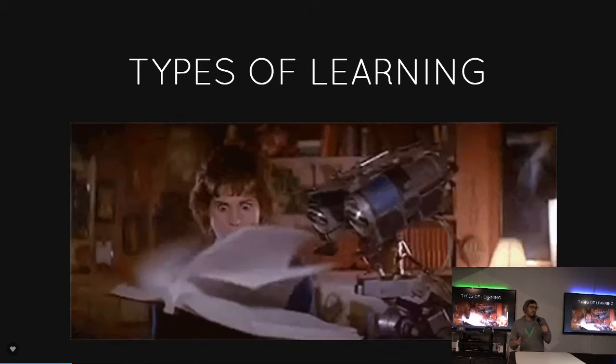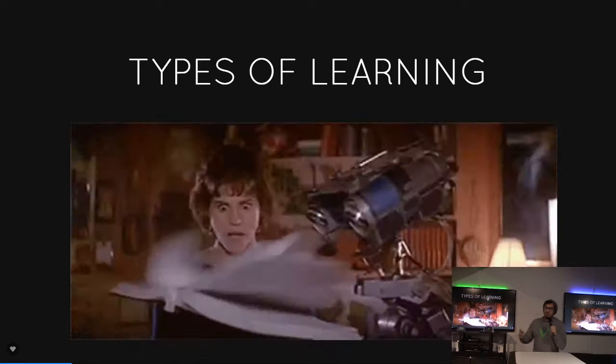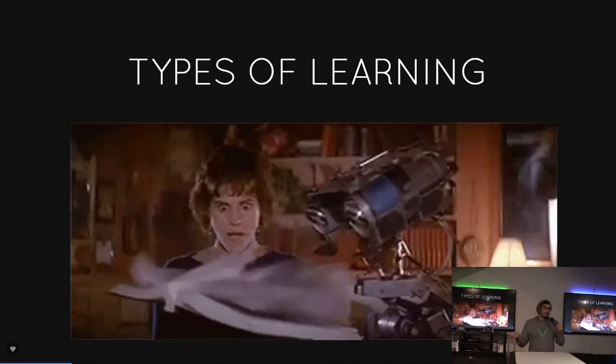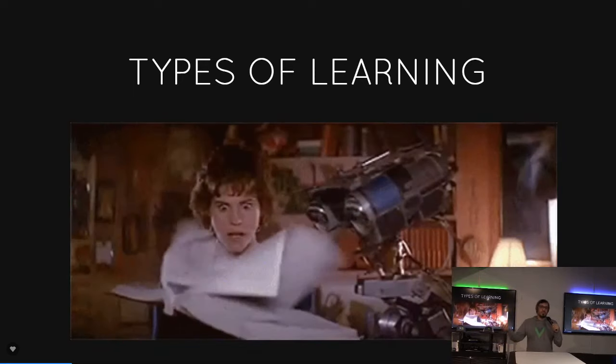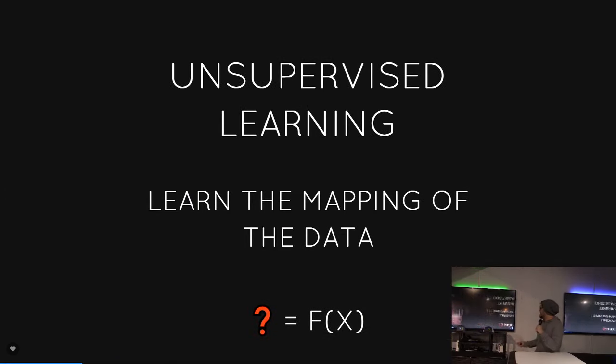So there's different kinds of learning, and I'm not going to dive into all of them. Web dev talks are usually 45 minutes to an hour, and machine learning is such a big topic, it can go into lots of directions forever, probably. But the first one I'm going to talk about is unsupervised learning.